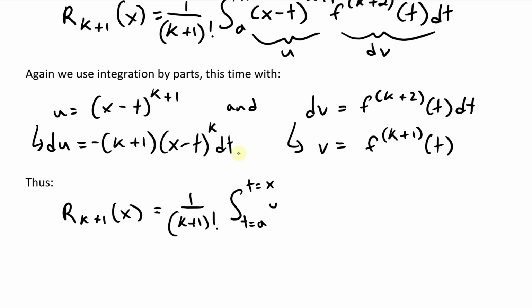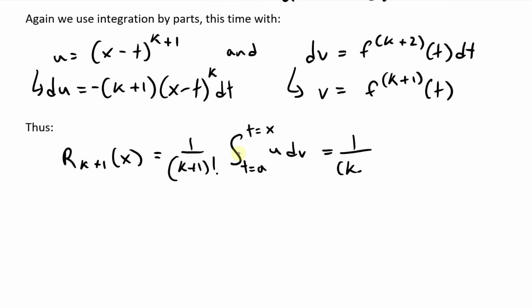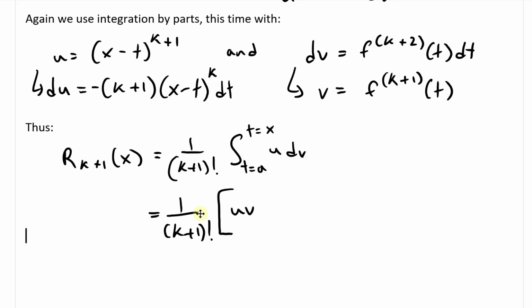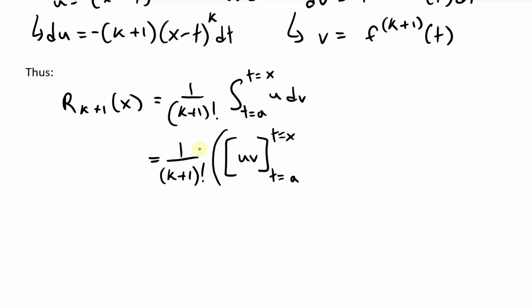Then evaluating this using integration by parts, this is going to be equal to 1 over (k plus 1) factorial times uv. I'll move it here, since it's going to need more space, and change up this bracket. So we're evaluating uv from t equals a to t equals x. And then we subtract from this the integral from t equals a to t equals x of